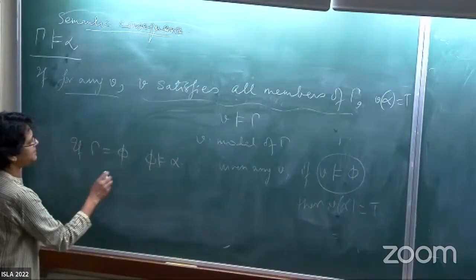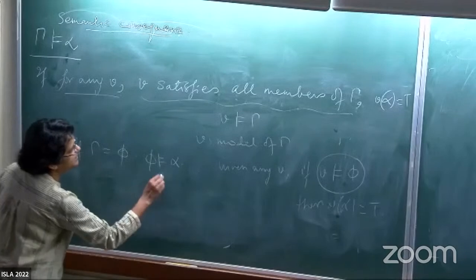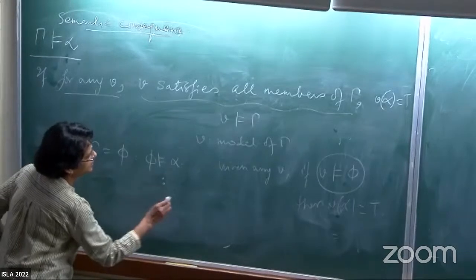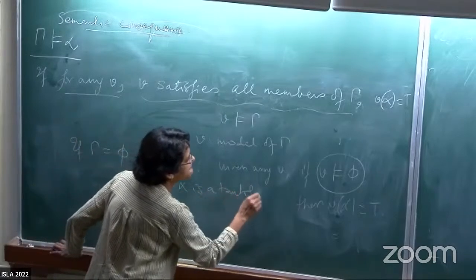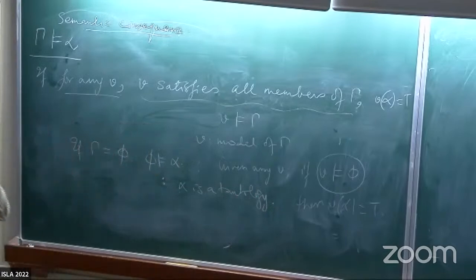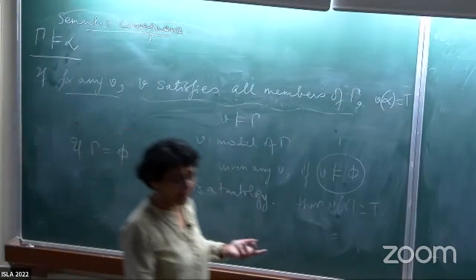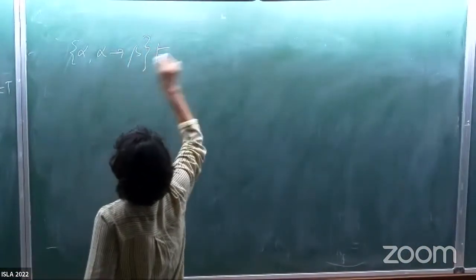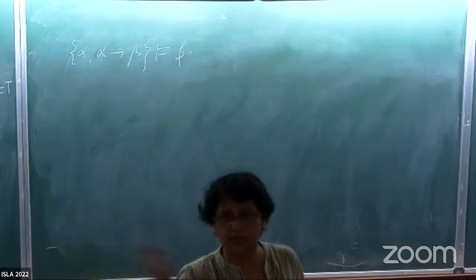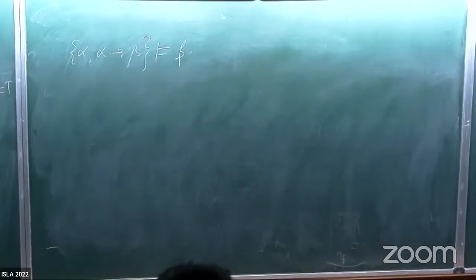So therefore, it simply means that this one is nothing but, if I can write it like this, that alpha is a tautology. Okay, and there's another way we put it, we say that alpha is valid and so on. So now I will give some exercises on this one. And that example I was giving, in this notation will just mean this. So this is an example of gamma double turnstile alpha for you, all right.